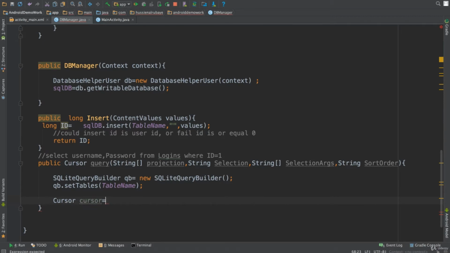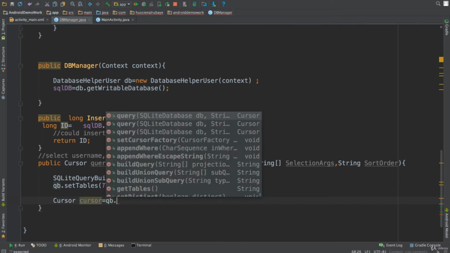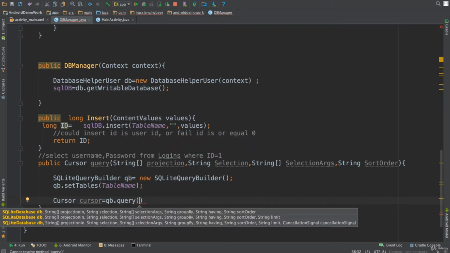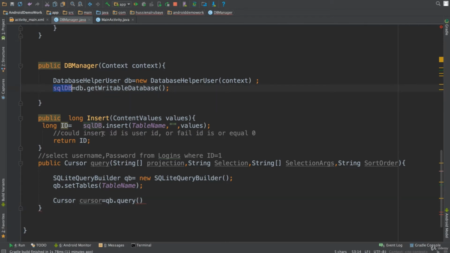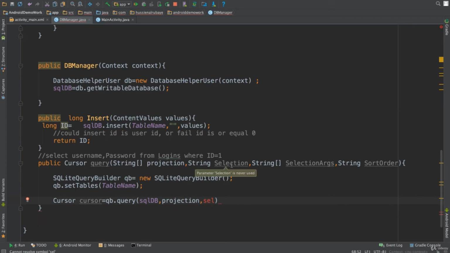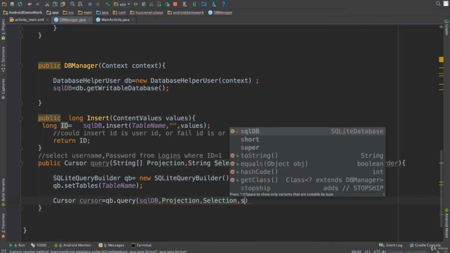Then you say query builder dot query. I give it the parameters of that query builder. First I would send the DB. Do you know what DB means? DB means this SQL DB. Then you pass the other parameters. First the projection, second the selection. Here it is capital; let me make sure everything is capital so I will not make a mistake when sending data. Okay, projection, selection, then selection argument,